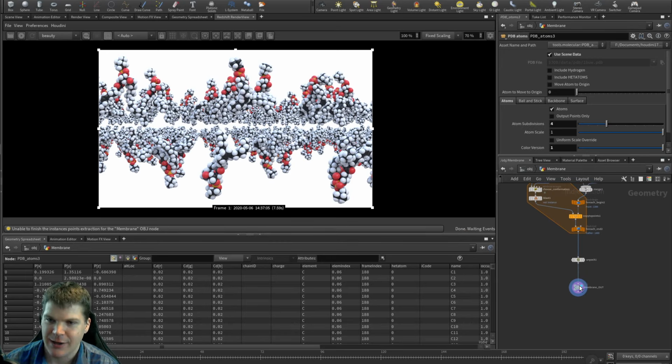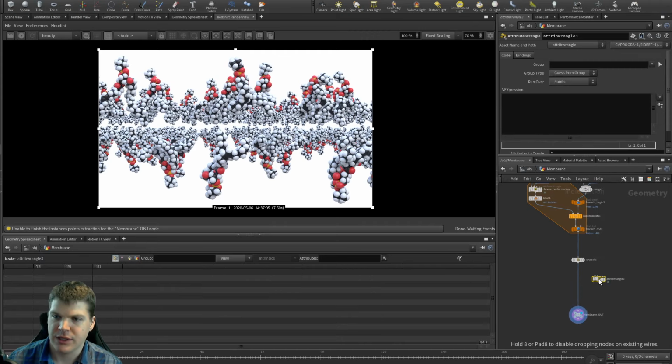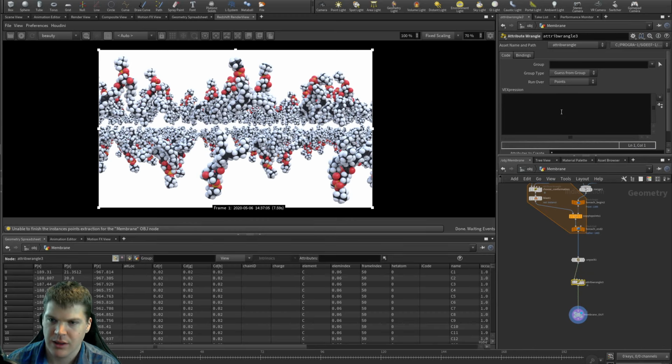I have an idea. So what if we do something like, we'll give a value that's going to be a gradient from 0 to 1. That's going to be the x coordinate from